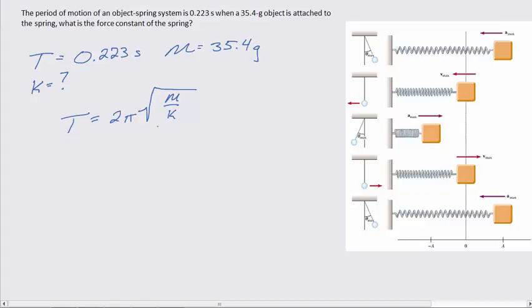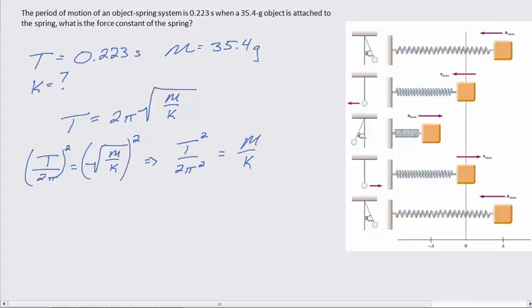And so we can divide both sides by 2 pi, which will give us our period divided by 2 pi equal to the square root of m divided by k. And if we square both sides, we'll get the equation that our period squared divided by 2 pi squared is equal to